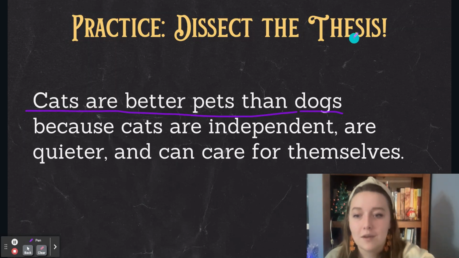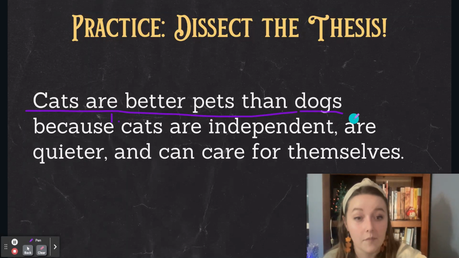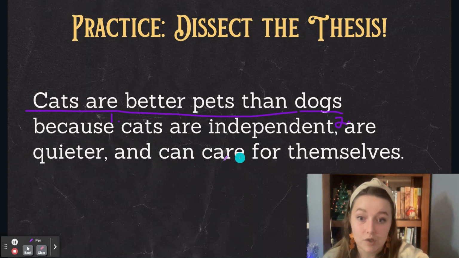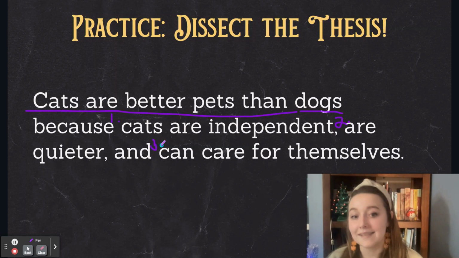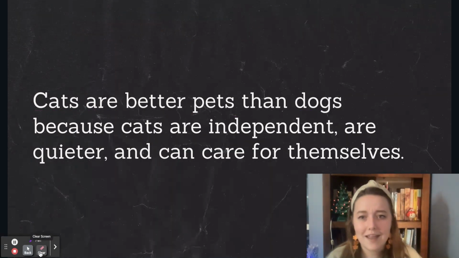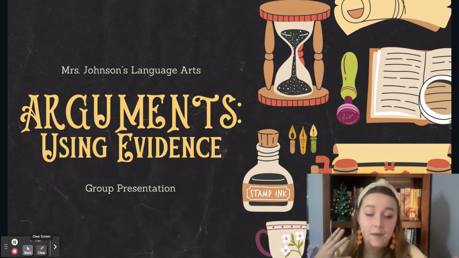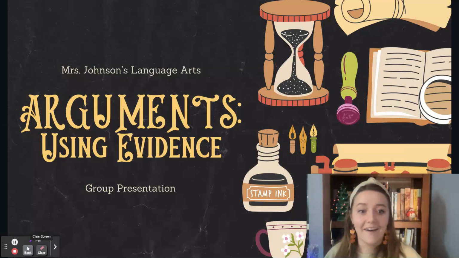All right. Hopefully you said that number 1 would be cats are independent since that comes first. Cats are quieter would be number 2. And cats can care for themselves would be the third reason that cats are better pets than dogs. Awesome. All right. Keep moving. So at this point, you can go ahead and move on to our next must-do